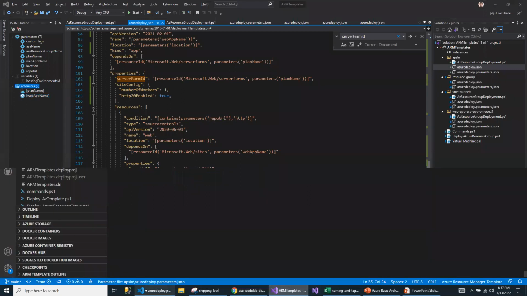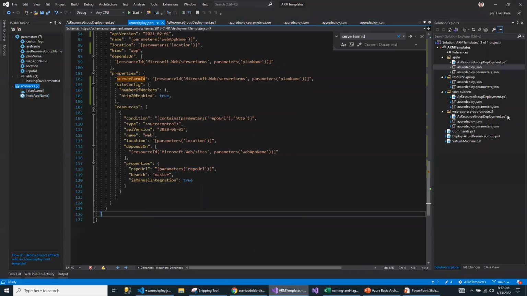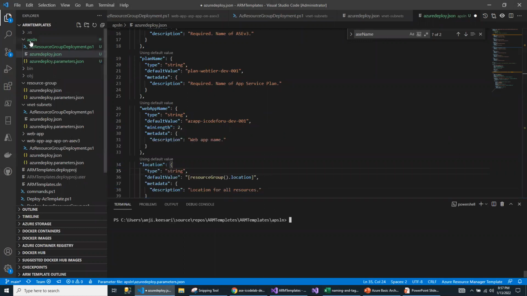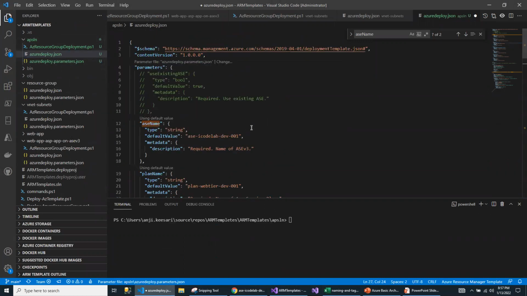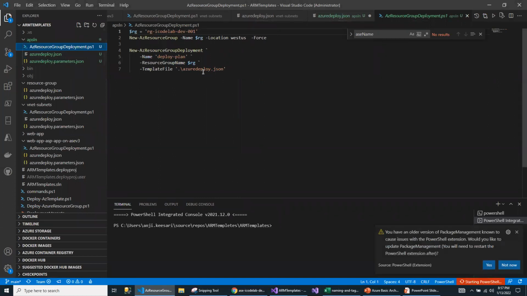In order to run, I'm using Visual Studio Code. For creating the script I'm comfortable with Visual Studio, and for running I'm using Visual Studio Code. It doesn't matter, you can use any of these editors. So this is my app service plan, and this is the script I was talking about. I am not using the parameters yet, so I will explore the parameters in the next video. And this is my Azure Resource Group file, which is going to run and create the plan for me.